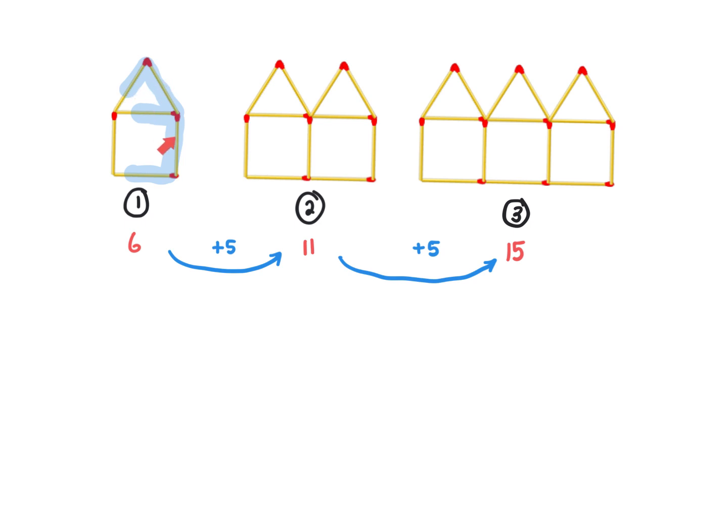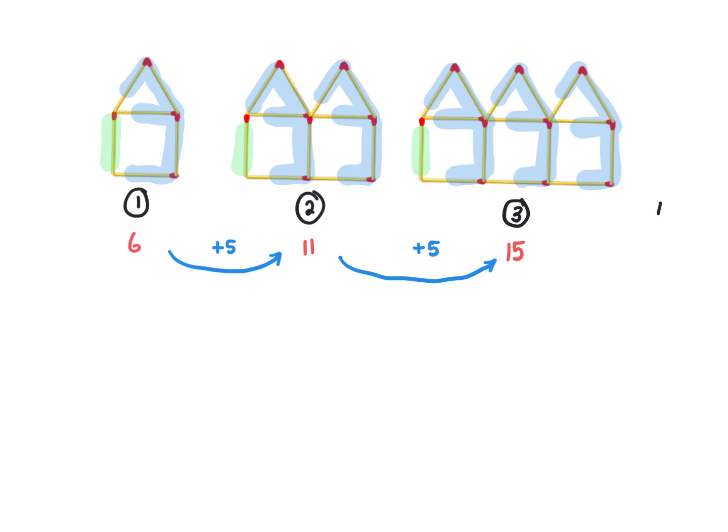So that's 1, 2, 3, 4, 5 sides that I add every time. But we start off with this one side of the pattern over here. So let's see if it works the same for the next one. So 1, 2, 3, 4, 5, and another 1, 2, 3, 4, 5. Okay, and my third one will be 1 and 1, 2, 3, 4, 5, 1, 2, 3, 4, 5, 1, 2, 3, 4, 5. So that means in pattern 4, if I had to draw that out, it would be